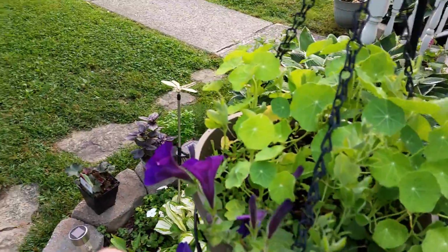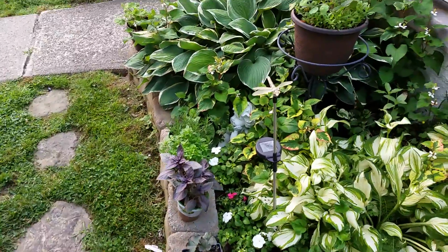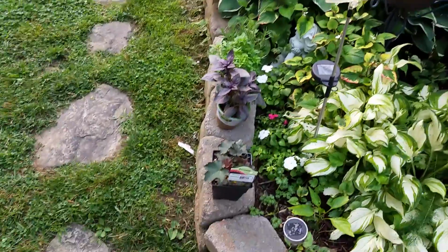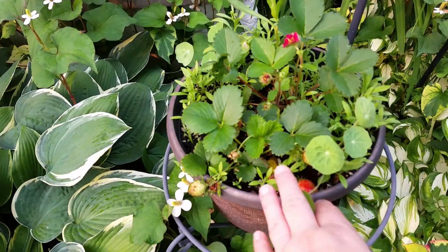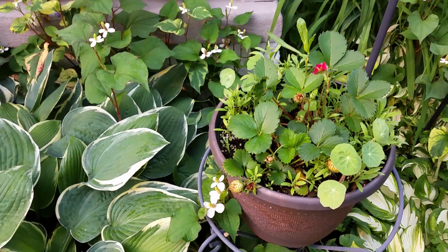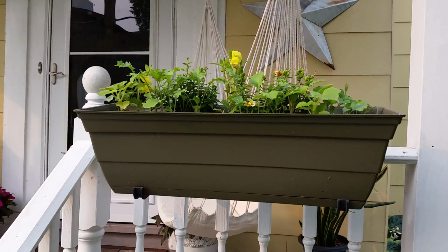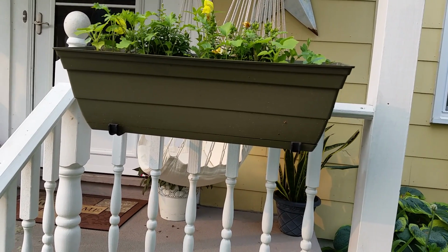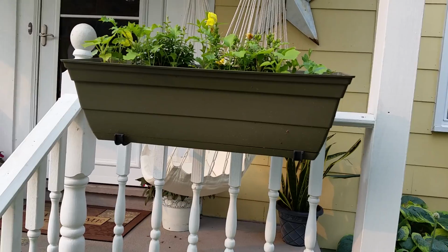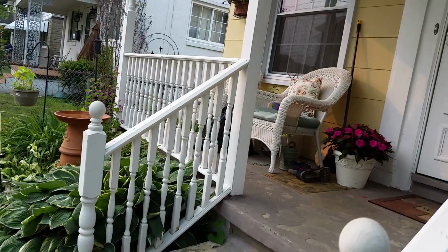Got some more nasturtium, petunias. Got some more stuff going out, some herbs and a perennial. Got strawberries in various pots all throughout the yard. This one I just decided to plant all kinds of flowers in with it. This little planter box has cucumbers, lemon cucumbers and regular cucumbers, nasturtium, snapdragons, and the white alyssum,